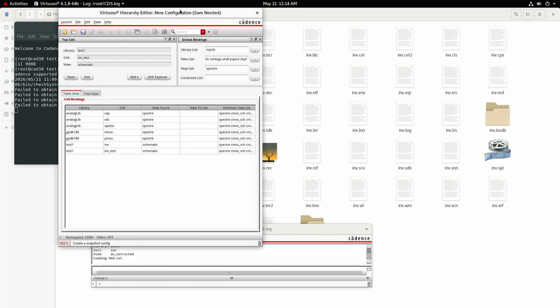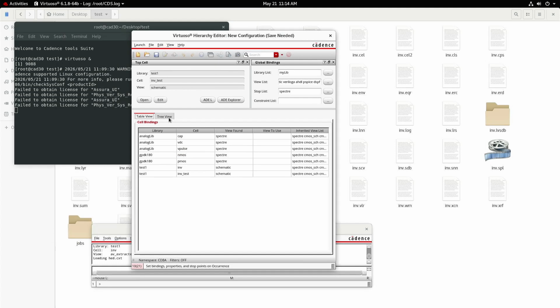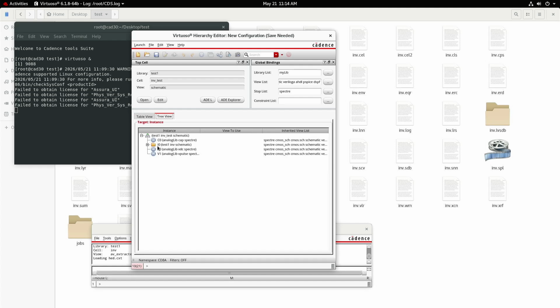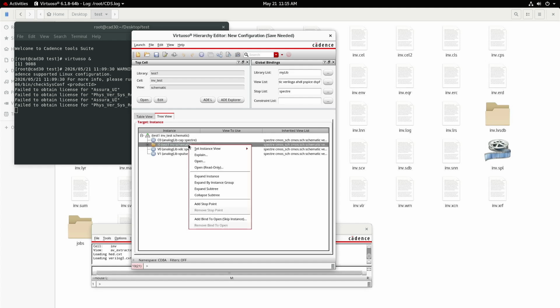Now here in the back window, you can see there are two views, table view and tree view. I'll click on tree view. Then you can observe here I0. In some cases, the name can be I1, I2, I4, anything. Then you observe the name test1 INV schematic. And now I am performing the post layout simulation, which will be using the RC values which are obtained from the RC extraction. Therefore, this view should be changed to AV extracted. By clicking on set instance, that is the inverter instance, it should be changed to AV extracted, because now all RC values are available under this AV extracted.